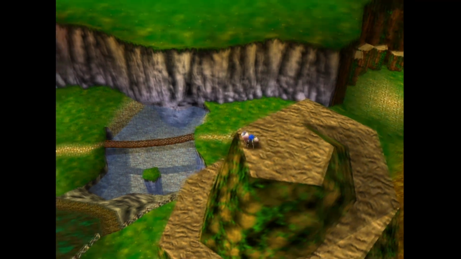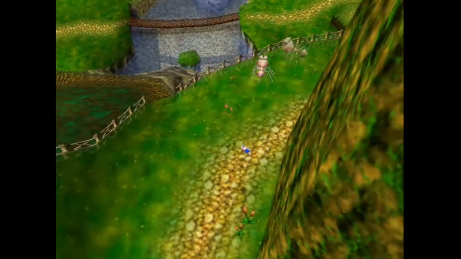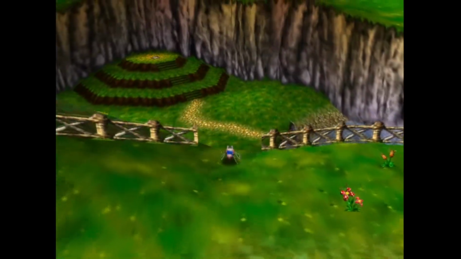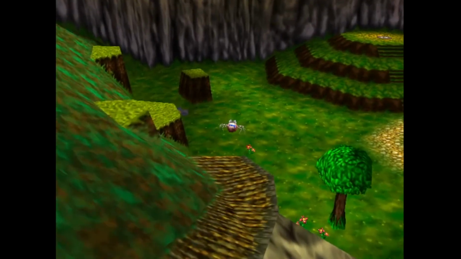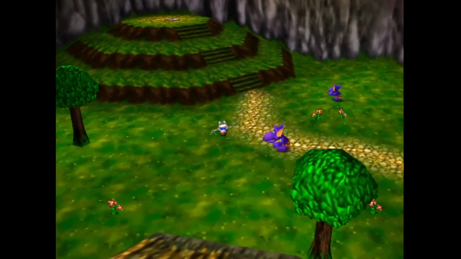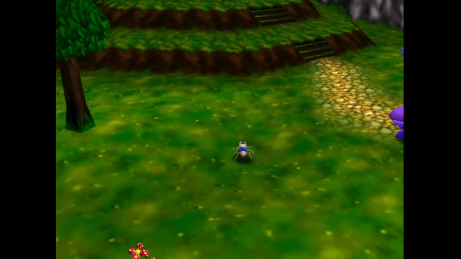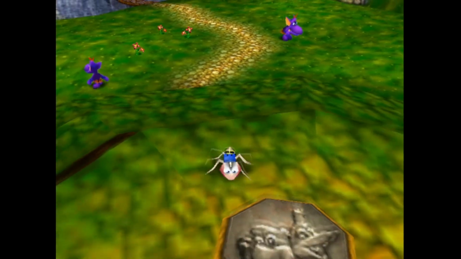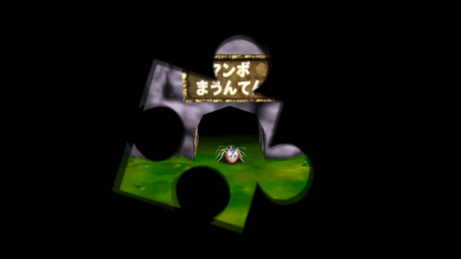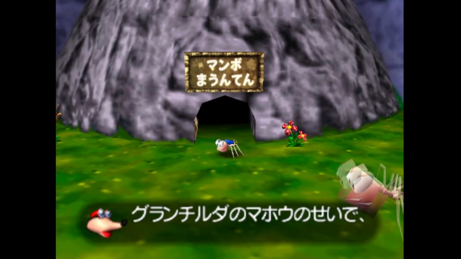No. Okay, I'm surprised. Why? I'd love to know what their sort of creative process was for this game. Like, why did they decide to make us into a termite for the first transformation? Oh.